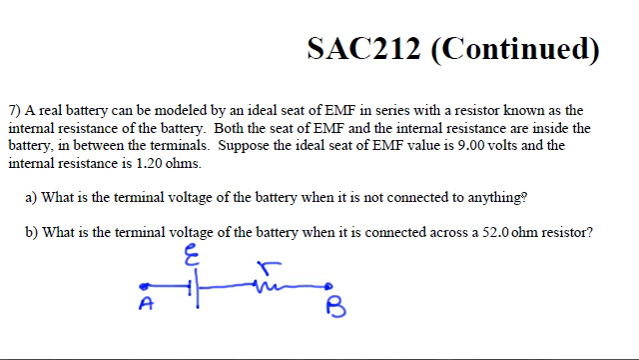What's the terminal voltage of the battery when it's not connected to anything? From the textbook, you know, the terminal voltage is just the ideal seat of EMF, but we can also prove it. To get the voltage across the device, you sum the potential changes from one point to another. So I'll go from A to B, V A to B is going to be equal to, I'll go minus, plus, there is no current,